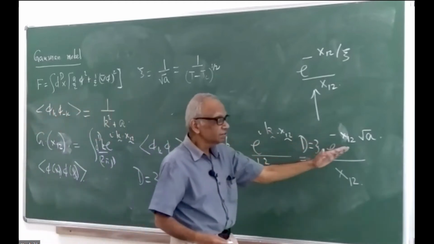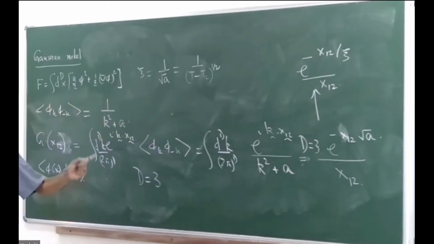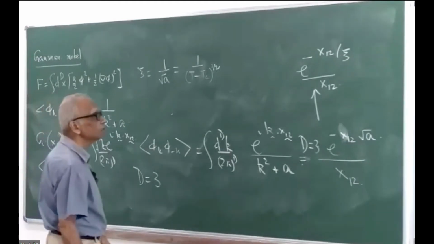The system is now scale free. The scale had been set by the correlation length. I mean, if xi goes to infinity,